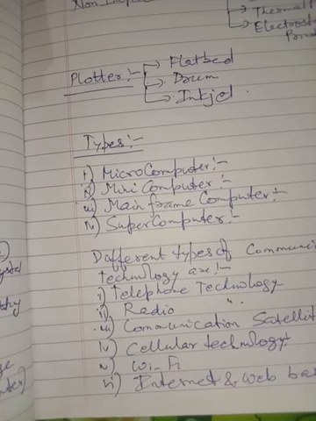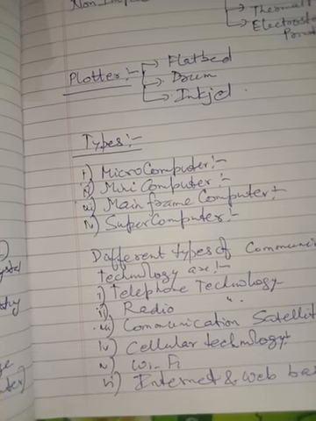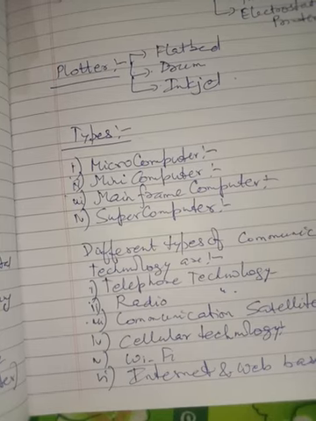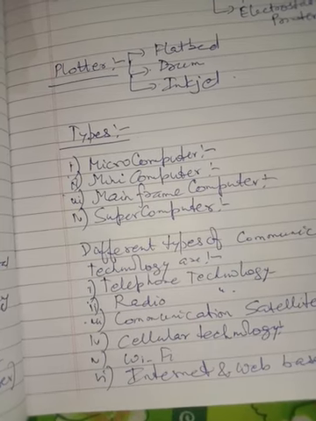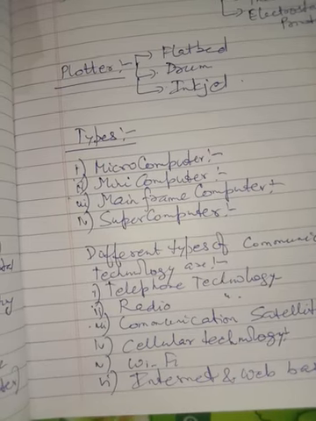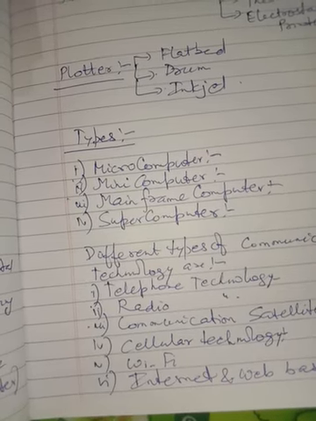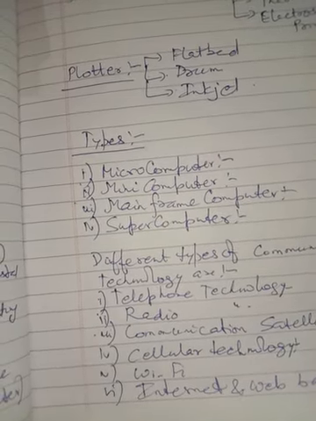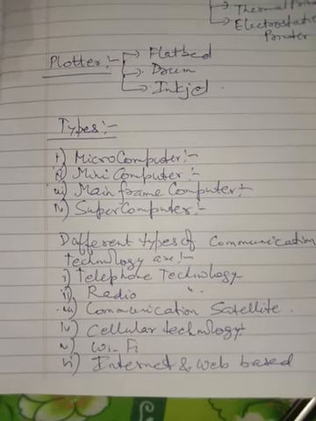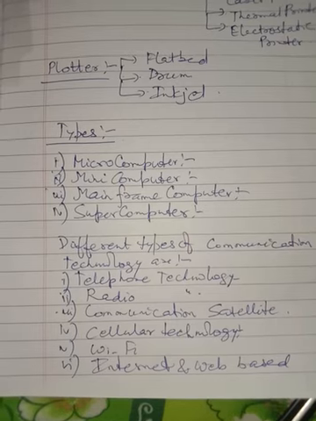Online chatting allows people to chat over the internet. Video conferencing is also a form of communication in which we can not only hear the audio but can also see the pictures of the person with whom we are communicating. Skype, Google Duo are some of the popular video conferencing applications. So these were some of the different types of communication technologies.